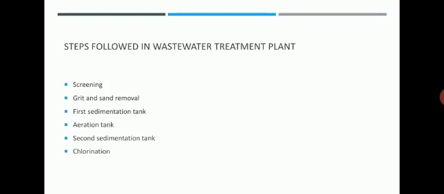In this tank, aerobic bacteria along with decomposed matter settle down at the bottom of the tank in the form of activated sludge. This activated sludge is removed and passed to the digester tank. It contains approximately 97% water. It is then dried and used as manure. In the form of manure, it gives nutrients back to the soil.